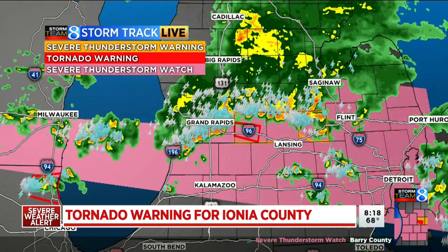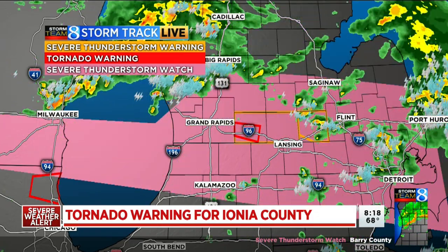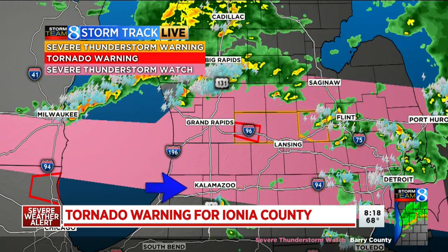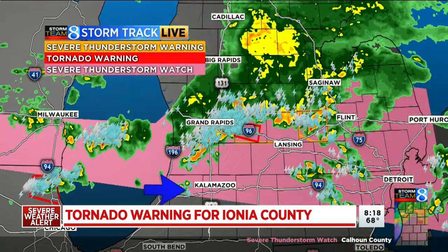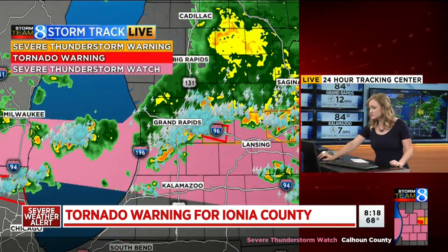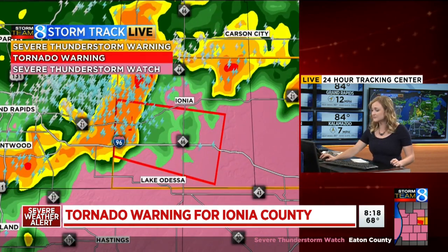You can see that red box indicating Ionia County and the spot where the strongest storm is with a lot of lightning. But notice that storm has started to build down into Allegan and Van Buren counties. So far, Ottawa, Allegan, Van Buren, you're in the clear. We're going to zoom in on that one storm that has caused the most trouble and potentially even some storm